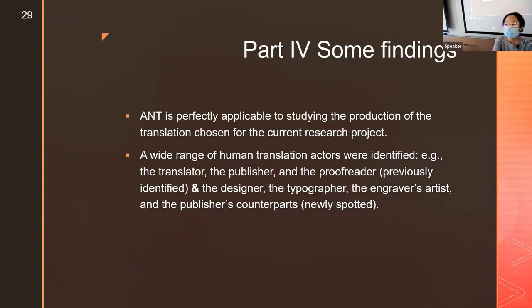And lastly, I think I'll introduce to you some findings of my research. And the first one is that ANT is perfectly applicable to studying the production of translation, chosen for current research projects. It helps to build a theoretical and methodological framework that enables an in-depth exploration of the production process of monkey. And the second is that a wide range of human translation actors were identified, some of which have already been identified in previous studies of the same kind, such as the translator, the publisher, and proofreader, whereas some might have